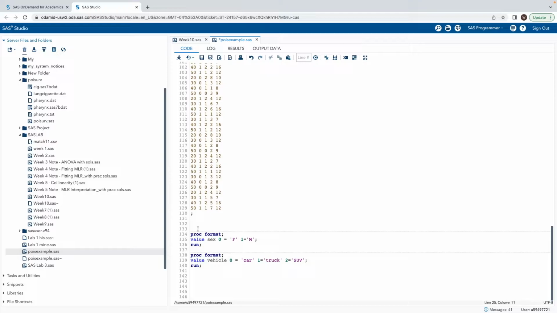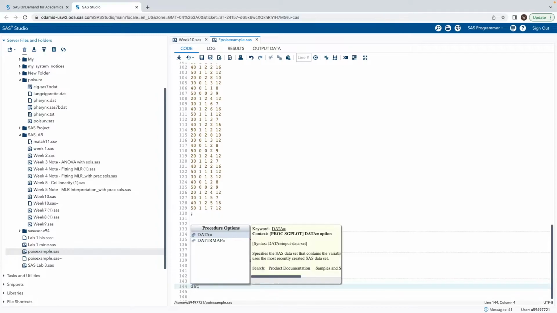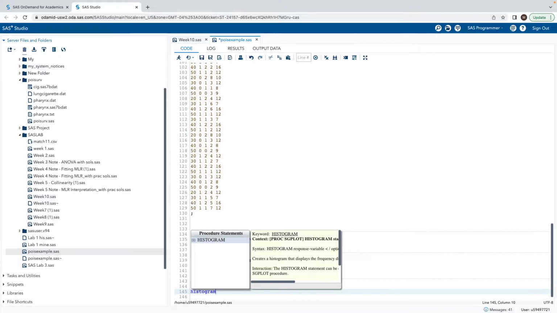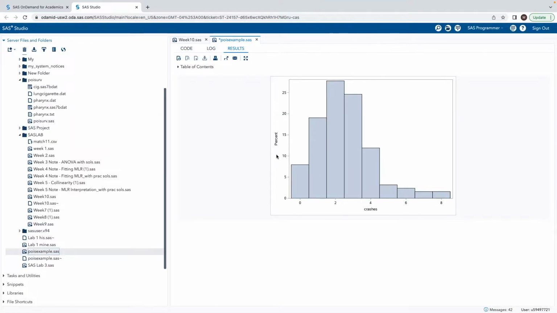And just a little bit of information about the Poisson distribution, we can see what the distribution of our outcome looks like with proc sgplot. We just do a histogram and have crashes as the outcome. Hopefully that, yep. So this is kind of what Poisson data typically looks like,